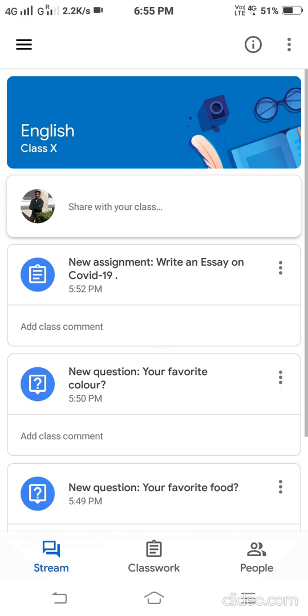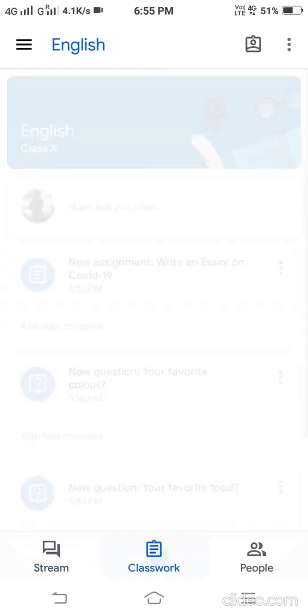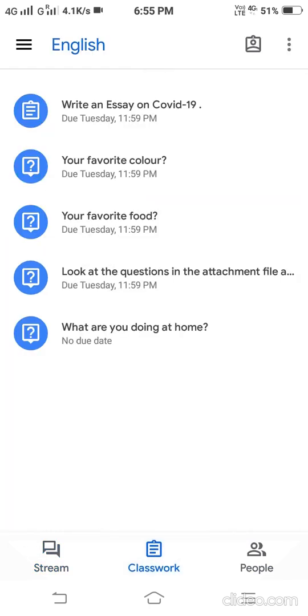Now I see the assignments. Okay, now I'm going to the classwork. I'm just clicking here, classwork, and I see all these homeworks. Now here you need to understand the signs, the symbols. The first one, the sign that you find here, like a tab, is about an assignment.